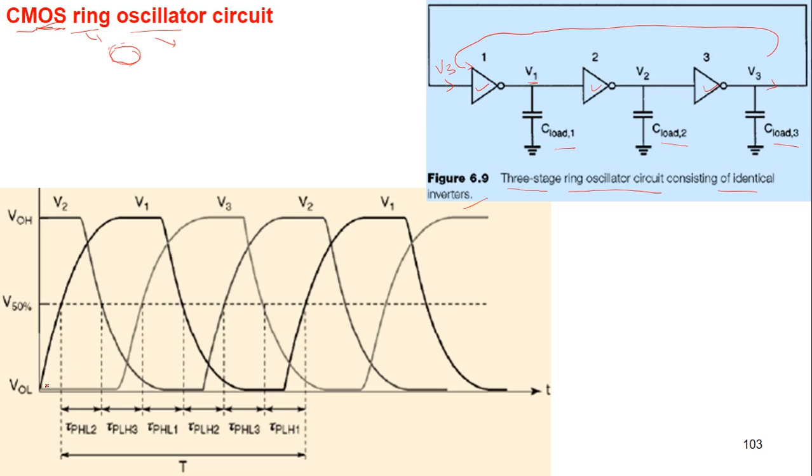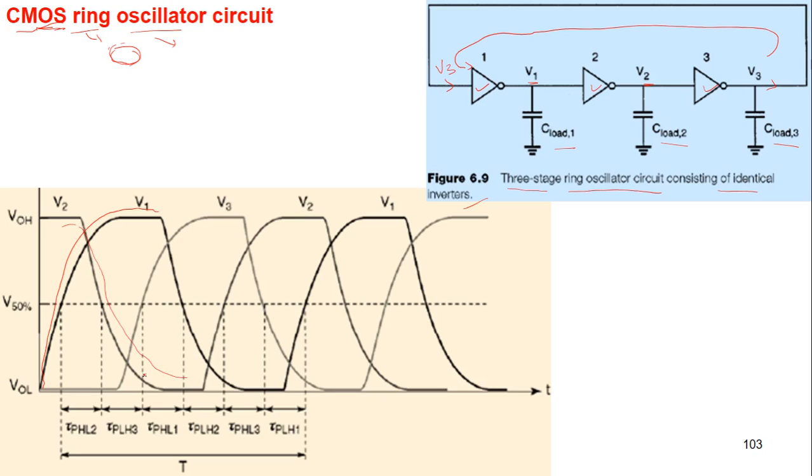Let's start from the first inverter, and let's say that inverter 1 is giving an output V1 that is rising in nature, and this forms the input to inverter number 2. So when V1 goes high, V2 should go low. Okay, so when V1 is high, V2 goes low like this,